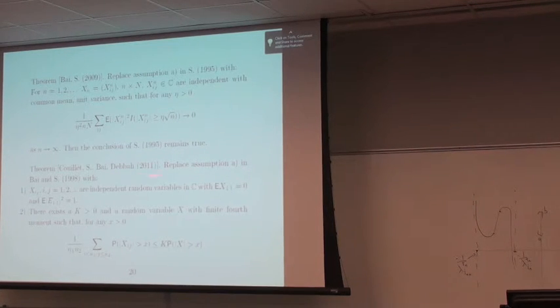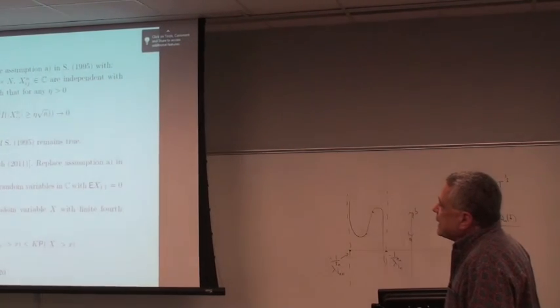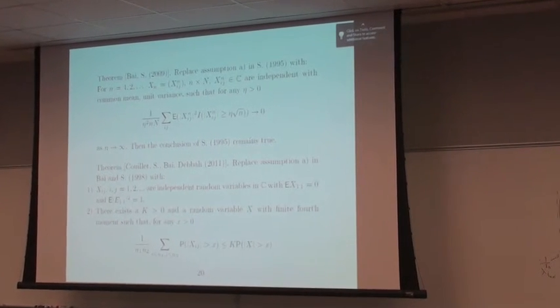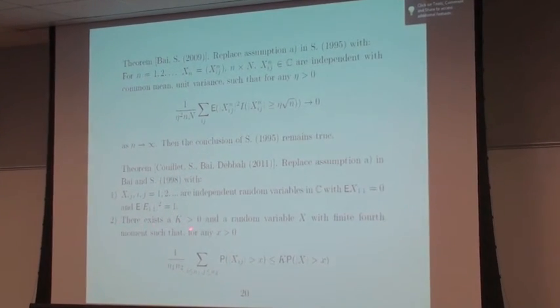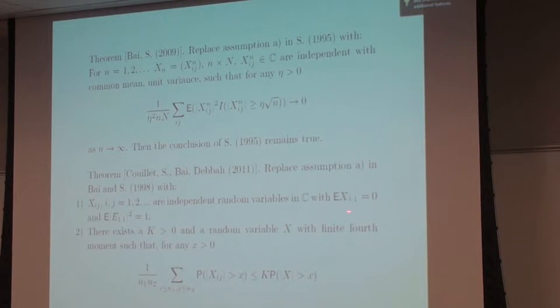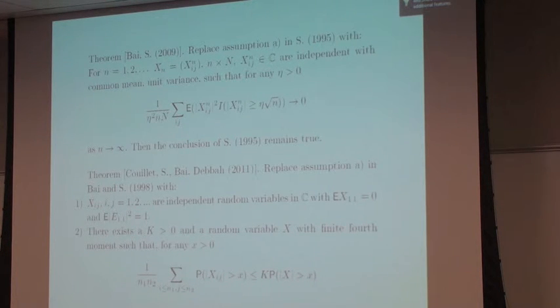So it replaces the first assumption in the paper with Bai: that they are independent, mean 0, also variance 1. We needed mean 0 to get the exact separation. And that there's a constant, something that will take the place of finite fourth moment. Well, if we can find a random variable or a distribution for which this averaging of the tails is always bounded by some fixed constant times the probability that this random variable is bigger than x in absolute value. Okay, that's the second assumption.